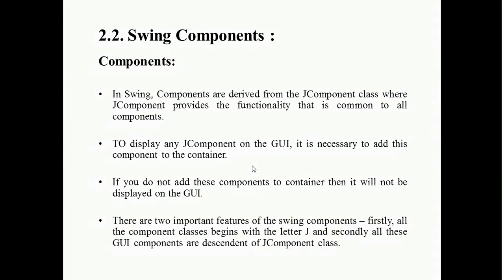In Swing, components are derived from the JComponent class, where JComponent provides the functionality that is common to all the components. Means the JComponent class is the base class of all the Swing components. Swing component names begin with the letter J. For example, JButton, JTable, JScrollPane. Swing components inherit from the